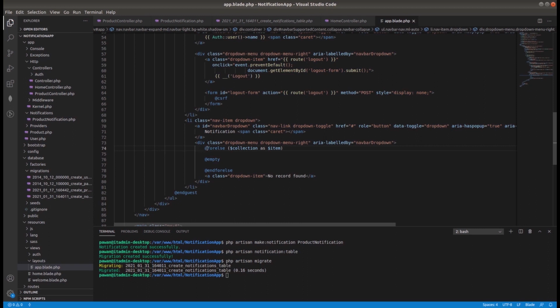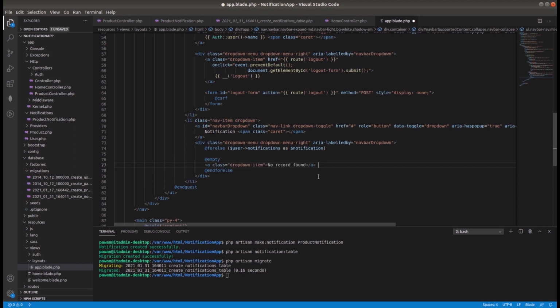So forelse has been created. Now here we will write user notifications, and in the empty case we write No record found, and if there is any notification, then we will write notification data name.